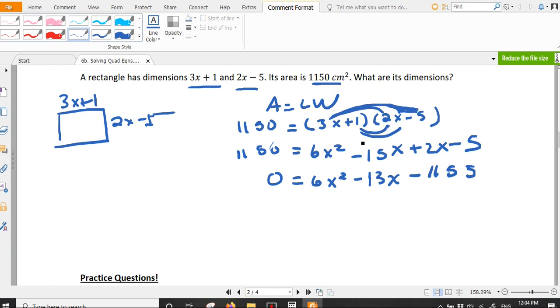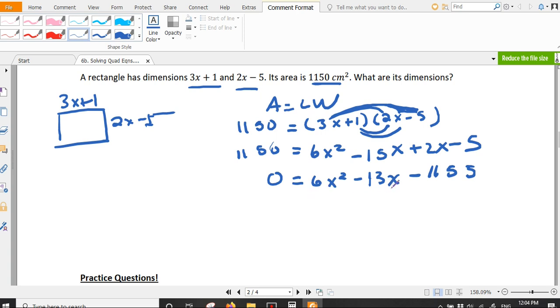Minus 15x plus 2x minus 5, good. Negative 15 plus 2x, 6x squared minus that. Okay, and then you got 6 times. Alright, so in this case,